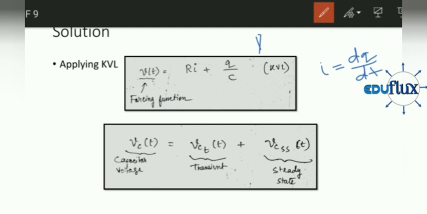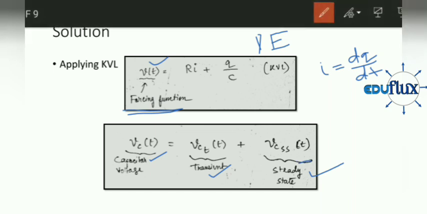And this differential equation has a function of time as a forcing function. Exactly what we have learned in differential equations. So this will have two components. The solution, Vc, will have two components. I will be telling you how to get Vc from Q. The Vc will have two components. One is the transient and the other is the steady state. Transient corresponds to the complementary function and steady state corresponds to the particular integral. This is all covered in the theory of transient analysis.